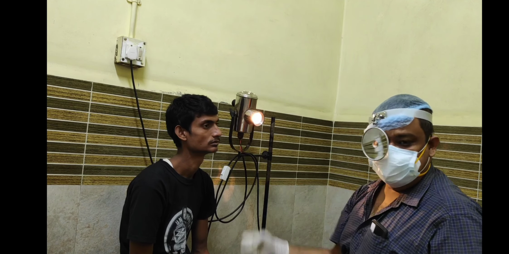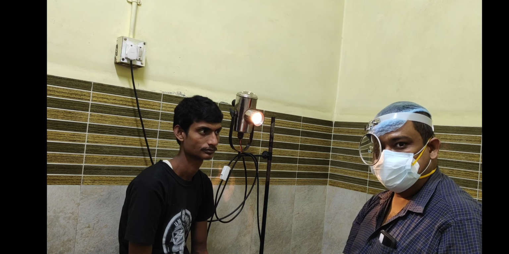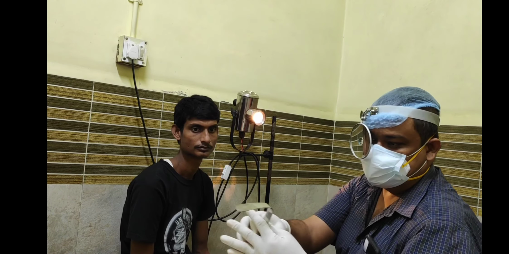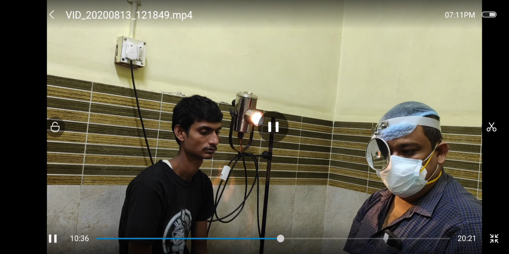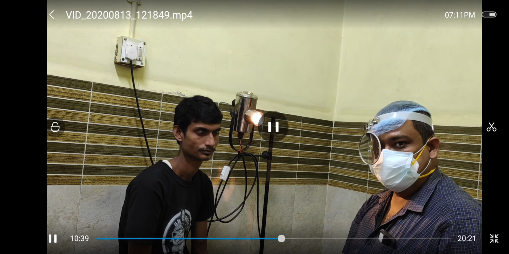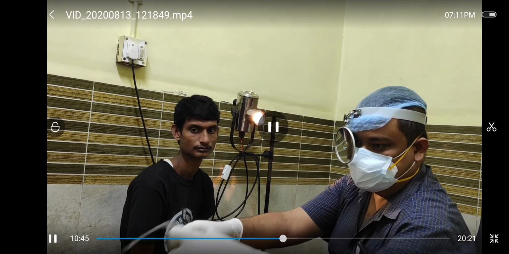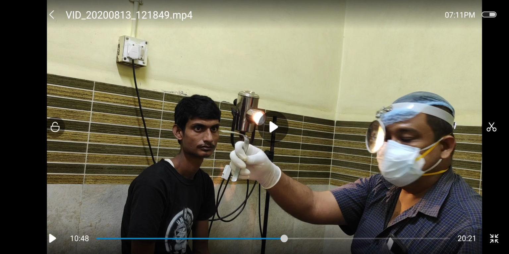This is the cotton based test. The movement of the cotton inward and outward on nasal respiration suggests that there is no nasal obstruction. Another method of doing this nasal patency test is using this Luc's forceps. It should be Luc's tongue depressor. I erroneously said forceps, but it should be Luc's tongue depressor.